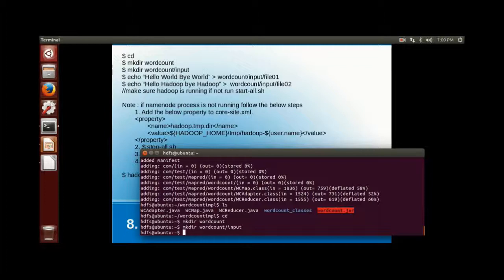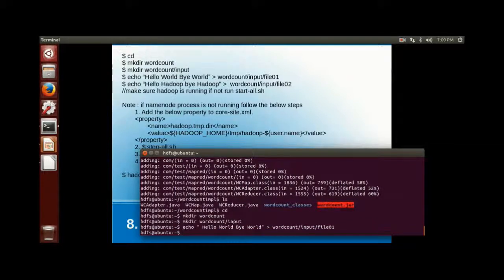Created the input directory under word count. echo hello world bye world will write the text to a file called file01 under the word count input directory.